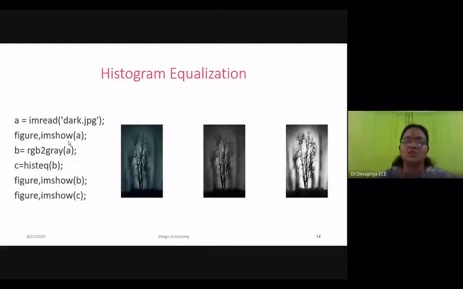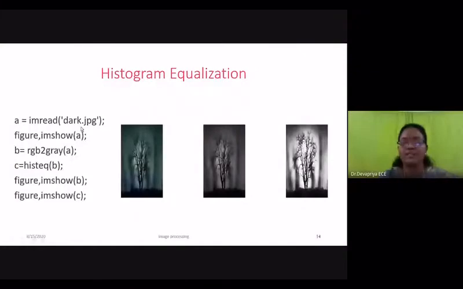So this is an example for an image in MATLAB. This command specifies what data type or format it is. It can support JPEG, BMP, PNG, any file format. And I am just showing that image. A simple command of RGB to gray will convert this color image. Even by looking, the image can look like a grayscale image, but actually it is a color image. So this color image is converted into a grayscale image by using the command RGB to gray.